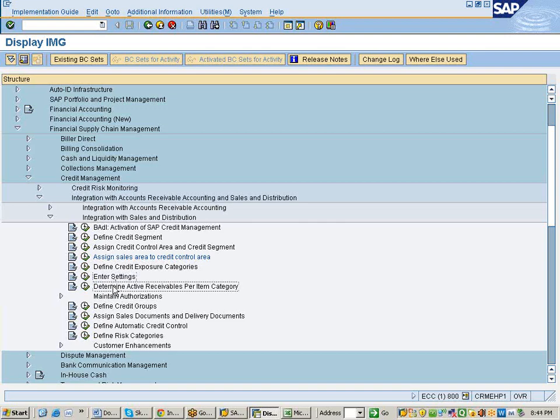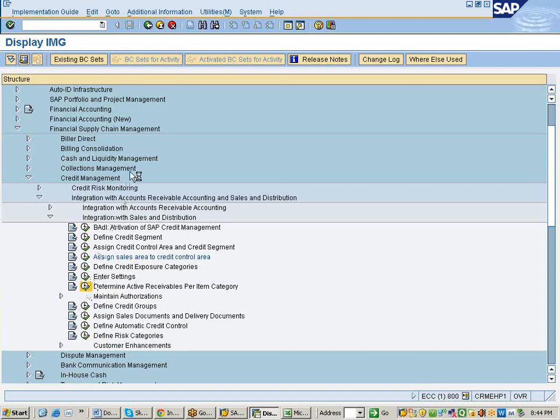So here there are 3 items. The system can check the item category, or it can check the billing document value, or order value and delivery document value. So here, if the system is going to check the item category, determine active receivables per item category,